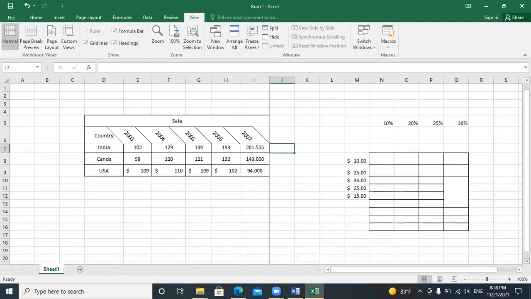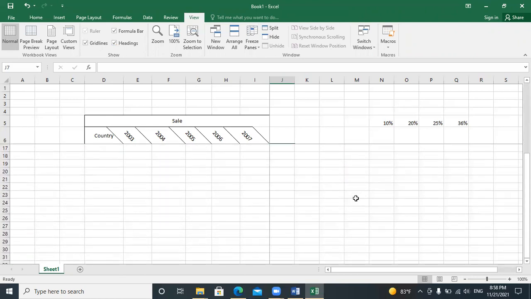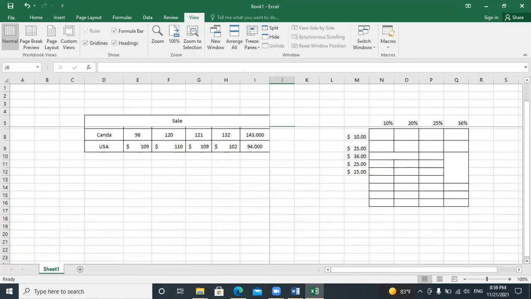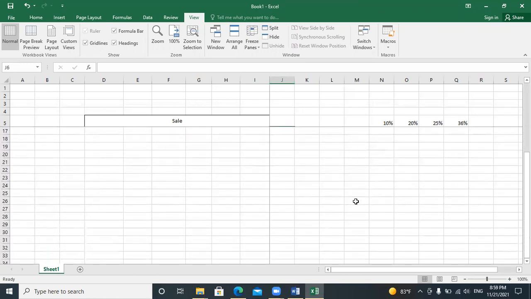So if I move here, what will it do? Yes, these 2 rows are not moving. If I want to freeze just one row, maybe just the first row, what will I do? This is our first row. After the first row, down here, I have to click. Now just one row is available upside. From here, I have to choose freeze panes again, this option. So if I'm moving down, only this one row will not move. I hope this is clear now.